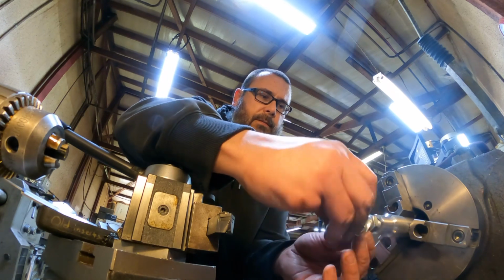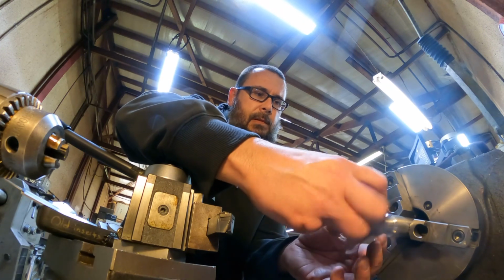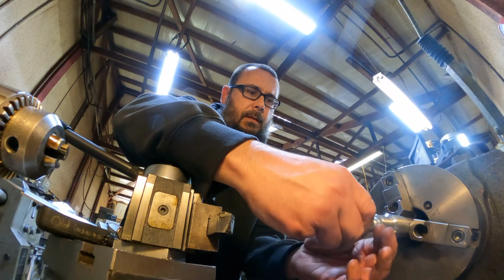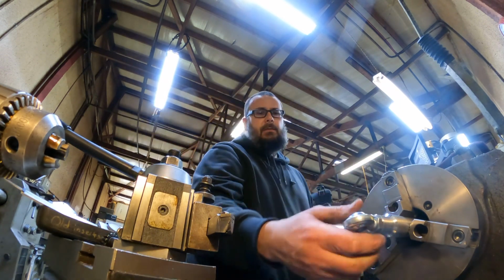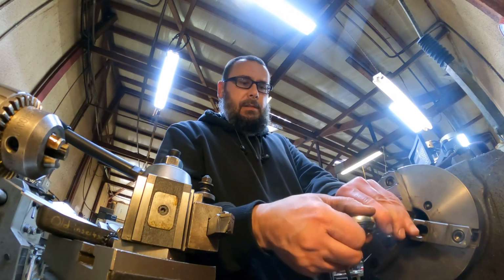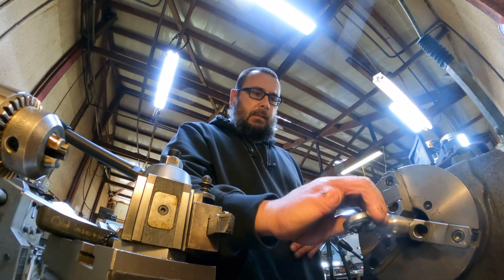Pretty loose threads. Probably a crappy time joint. But you know, that thing only goes in there about halfway. That way it gives you adjustment either way, in or out. So, well,